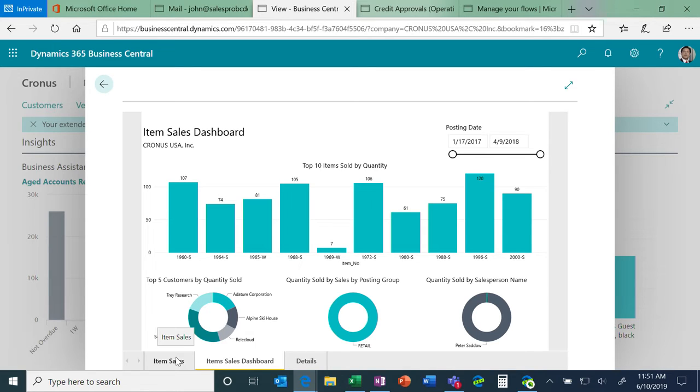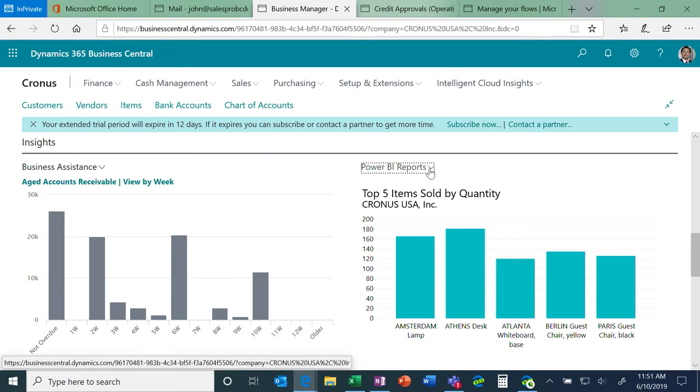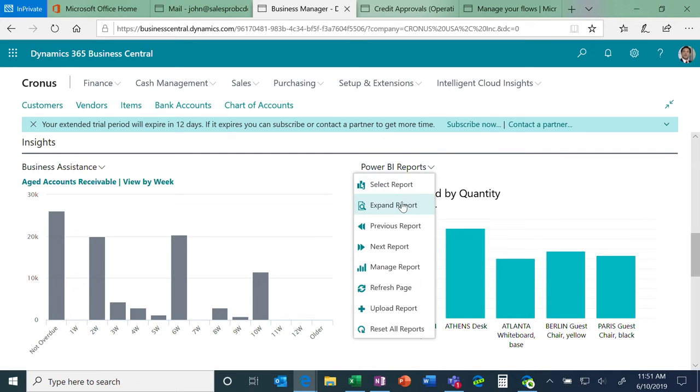How many would call yourselves, I've created some stuff in Power BI? Okay, hashtag if you can do it. I've done very little, but if you know Power BI, get our reports out of the box, take a look at them, modify them, and or start from scratch. And then what you simply do, if you want to get one of those reports into Business Central to be viewed,